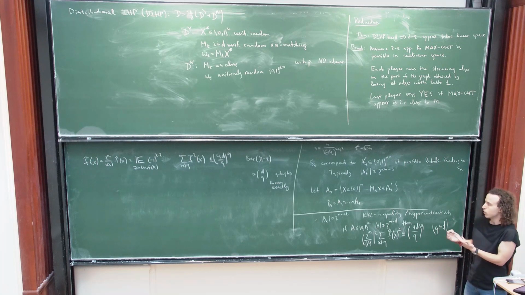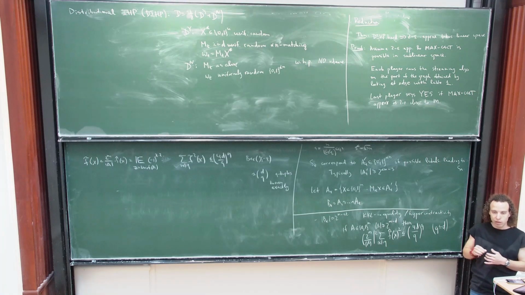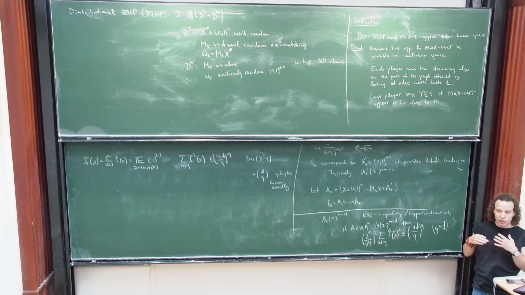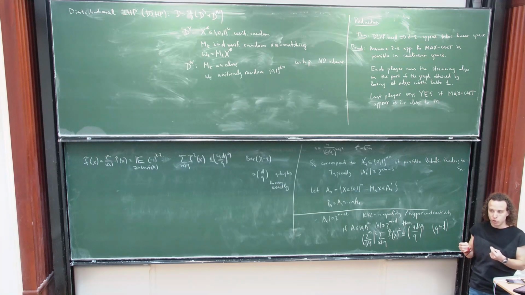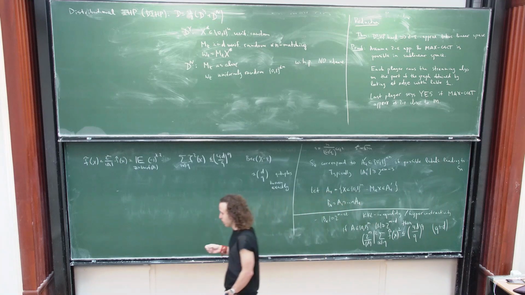But of course, in general, it's more complicated because you can send information about all the edges of your matching, but a small amount of information about each edge. And the KKL inequality quantifies this fact: if you send something about all the edges, then you receive little information about each edge. So let's think about B1.